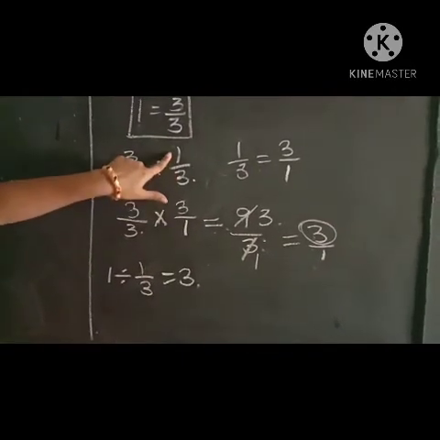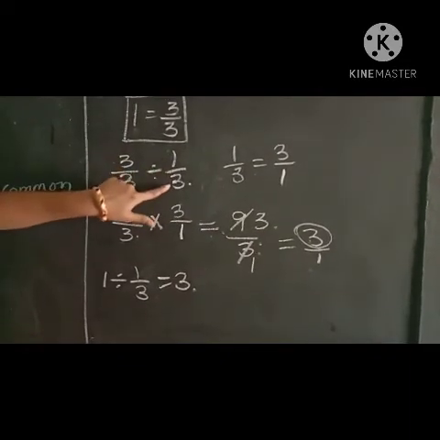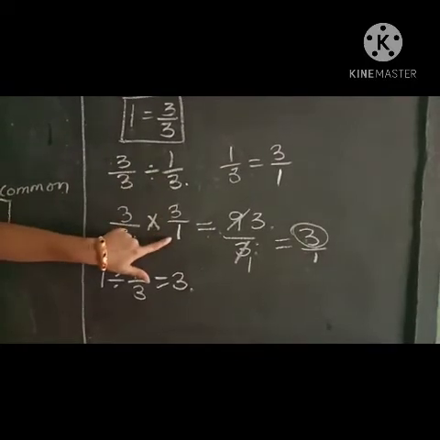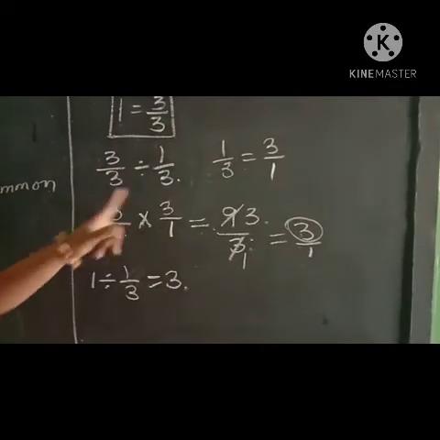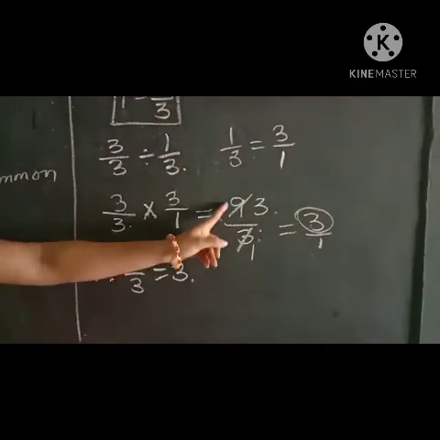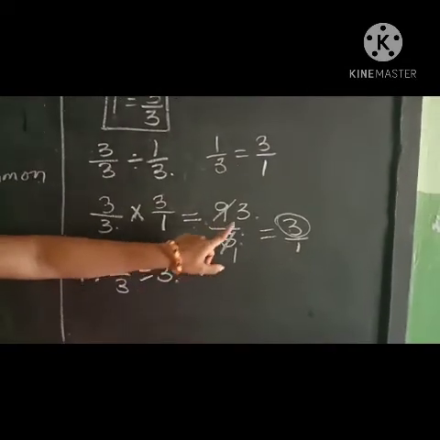We have to change this number, numerator as a denominator and denominator as a numerator. See here 1 by 3 converts to 3 by 1. Afterwards we have to multiply these numerators and denominators. See here 9 by 3. 9 and 3 are divisible in one table only, which the table number is 3, so